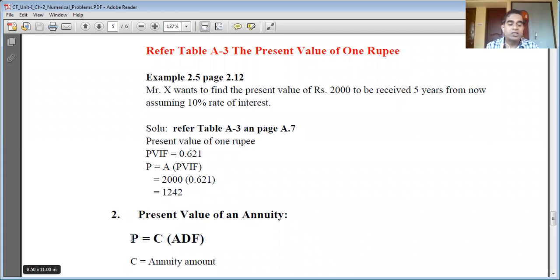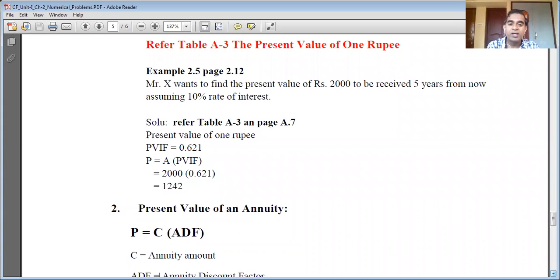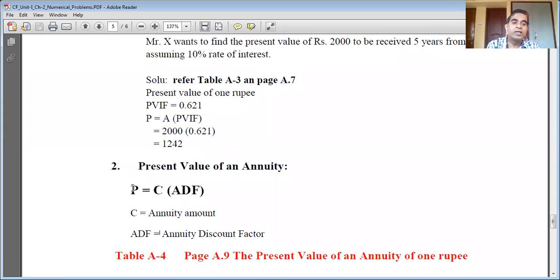Or your cumulative deposit, where you deposit a fixed sum, maybe 1500 rupees or 2000 rupees per month, for 2 years or 5 years. That is an annuity. I have already told you, you should be paying attention. So now we are going to use the equation P = C × ADF. See, forget about the equations. The logic is simple. We multiply the amount to be received in future with the appropriate value from the time value table. That much you can remember.